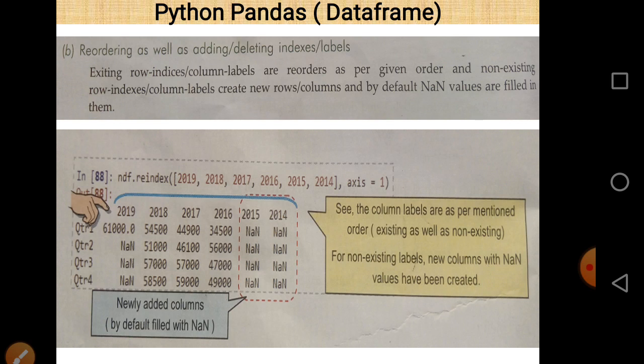So when we want to change the order of columns, we can use the reindex function with x is equal to 1. And if we also want to insert new column names, we can do it very easily. But the values regarding these column names will be NaN, meaning not a number, meaning there is no value for these.